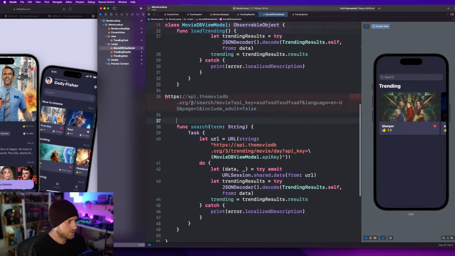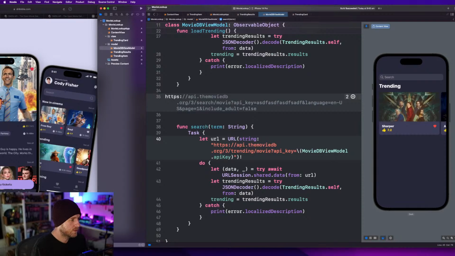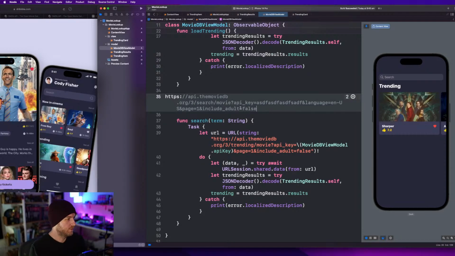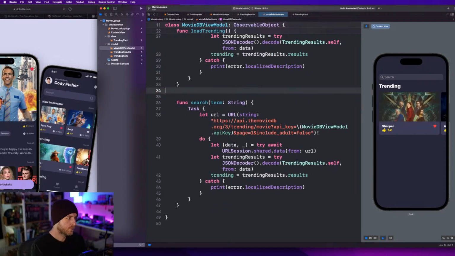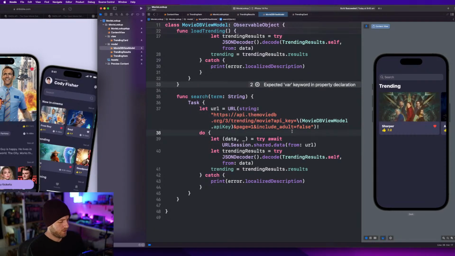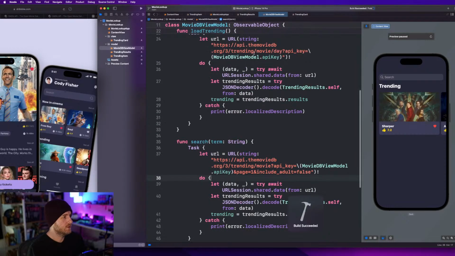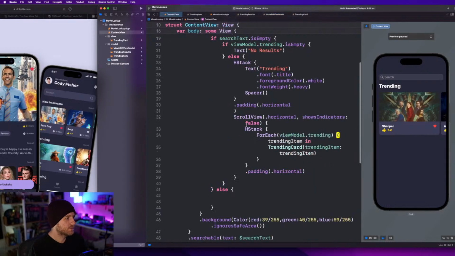And all this is the same, movie. We can get rid of that. API key, yep. And then we've got page equals 1 and include adult. I don't know what the default is, but let's go false just because we're streaming on YouTube. I don't know what will show up if we don't do that. And I think this is it. Yeah, this looks okay. So if I go back to the content view,